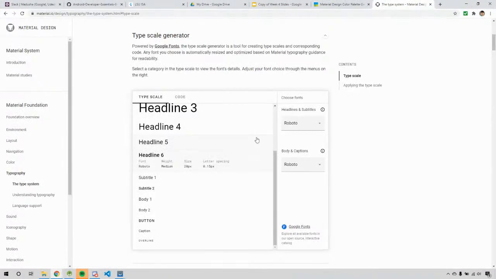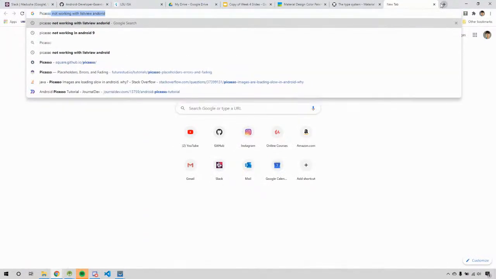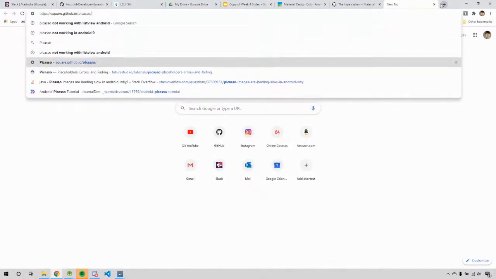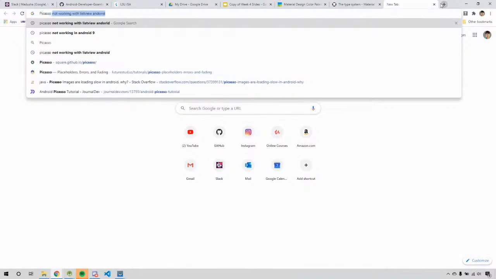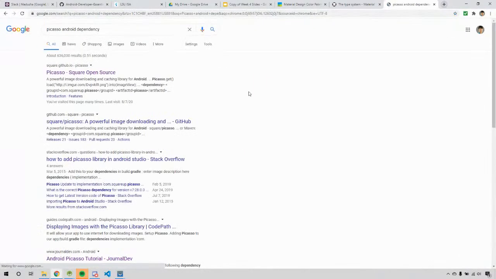Now, downloading images from URL. Why does that sound familiar? Yes, we did it in week 3 or week 4. Actually, both. So we use a library called Picasso. You can Google search Picasso Android dependency. Once you Google search it, it's one of the first few links,